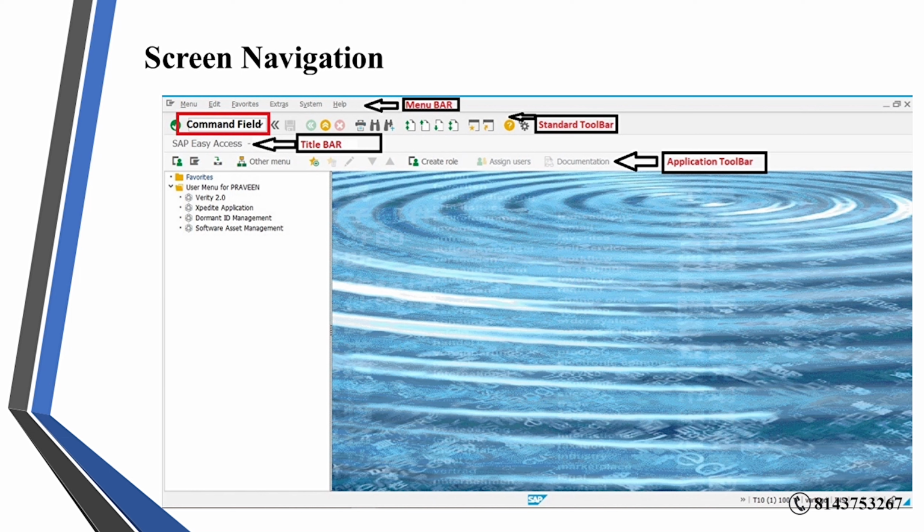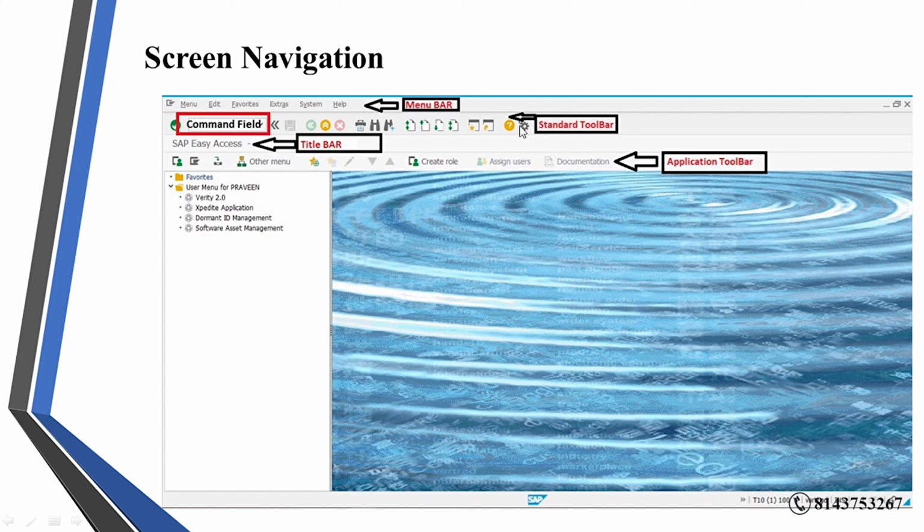So what are the things on the screen? See here, this is called the SAP NetViewer screen. Here you can see first the user menu. It has a menu bar with different types of menus, like menu, edit, favorites, extras, system, help.